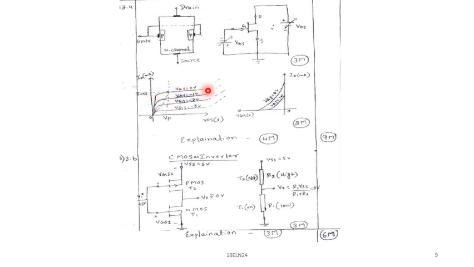When VGS is equal to 0, you'll get this. When VGS is less than 0, you'll get this type of characteristics. So you have to mention the regions also. This is ohmic region, this is cutoff region, this is breakdown region, this is the saturation region and all. You have to mention that. And this is the transfer characteristics with the different values of VGS, I mean VGS is equal to 0 and VGS is equal to minus 1, so you have to mention that. So this is about the transfer characteristics for this 2. Then explanation. That is 3 plus 2 plus 4. So total it is 9 marks.